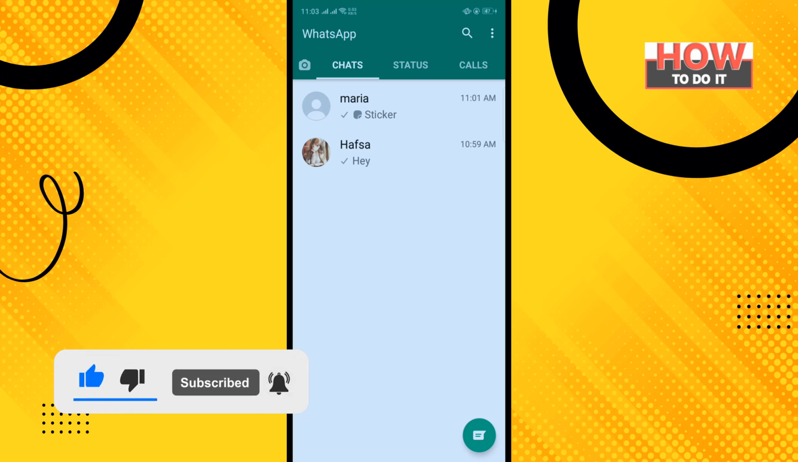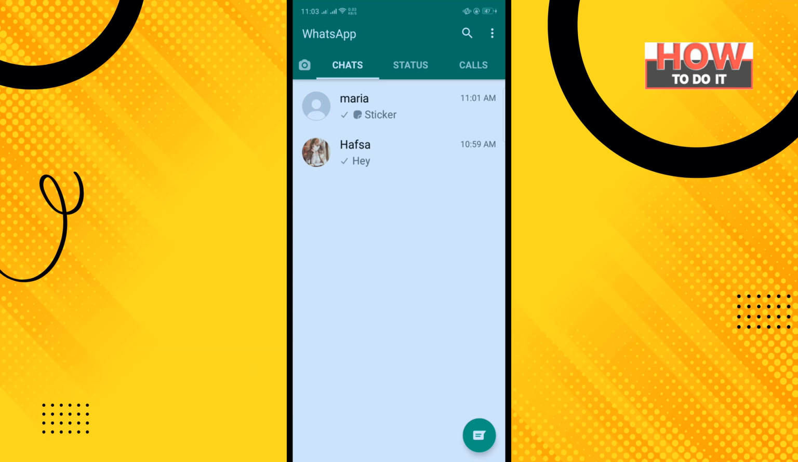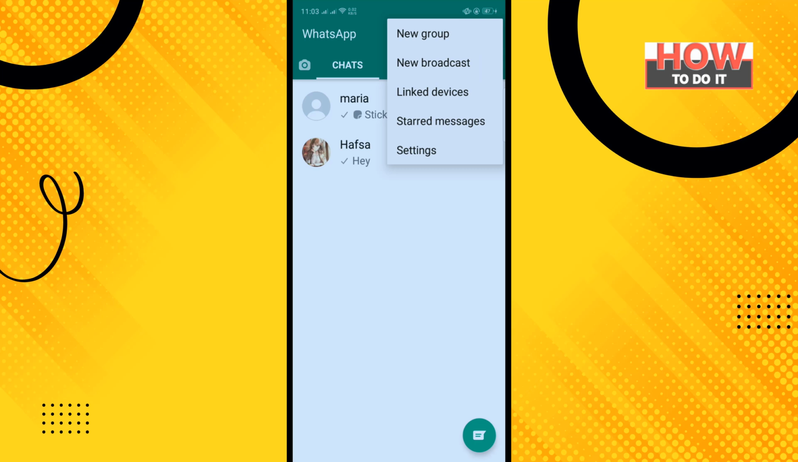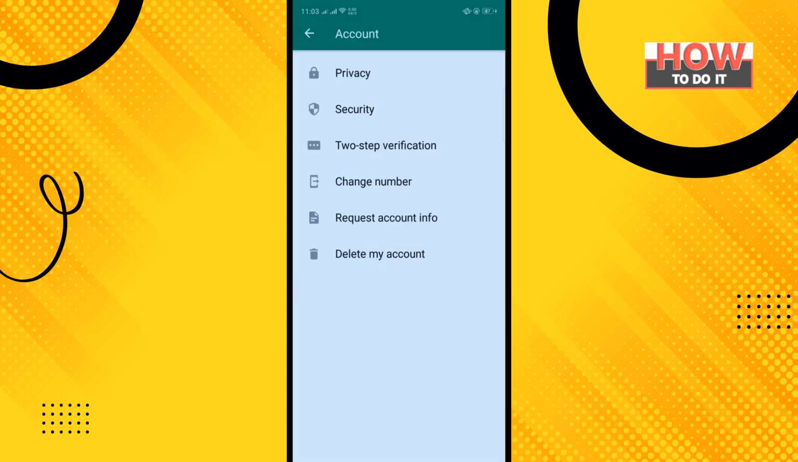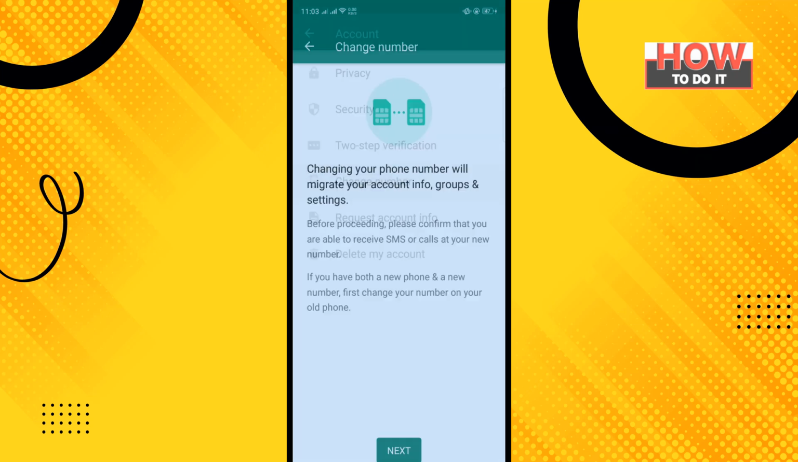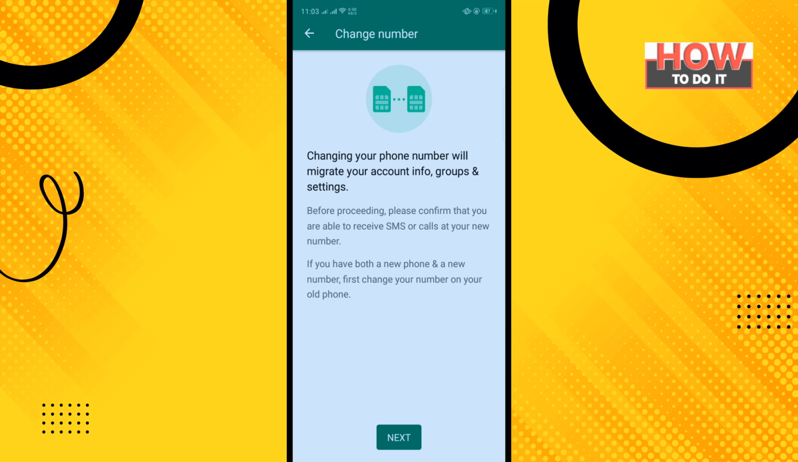How to do it: so open your WhatsApp and tap on the three dot icon to the right hand corner and tap on settings and tap on account, tap on change number, tap on next